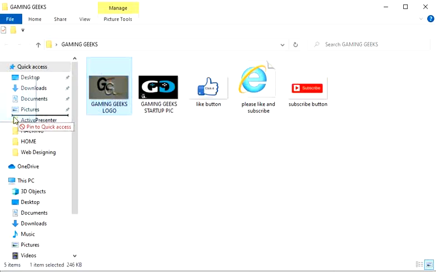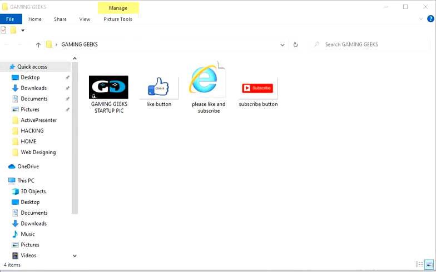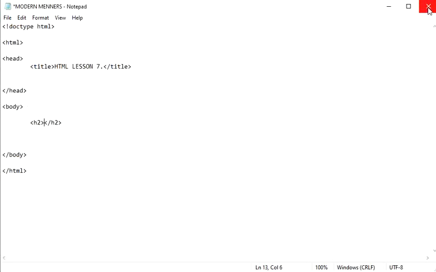Now, because I saved the image in another folder in this Modern Menace HTML file on the desktop, I have moved the Gaming Geeks logo, as you saw, to the desktop, so it's like it's in the same file. Now let me give a quick heading. Gaming,